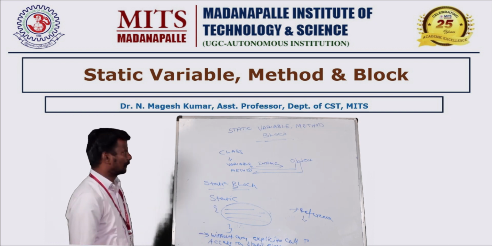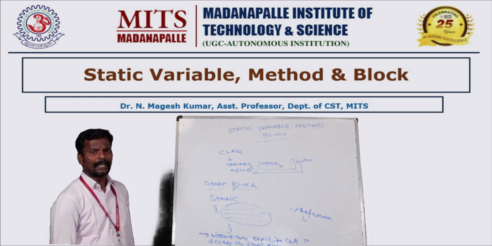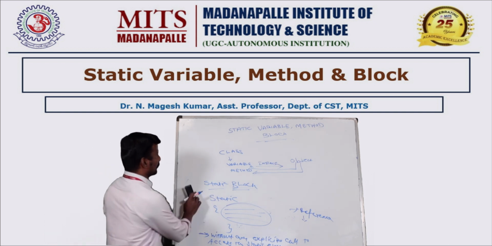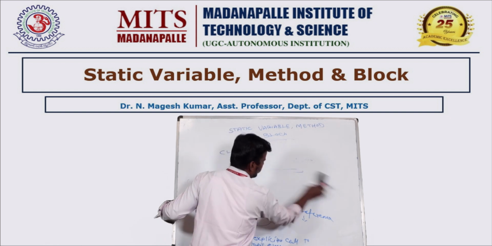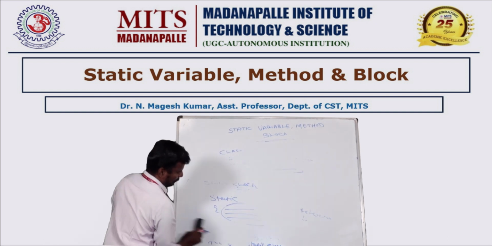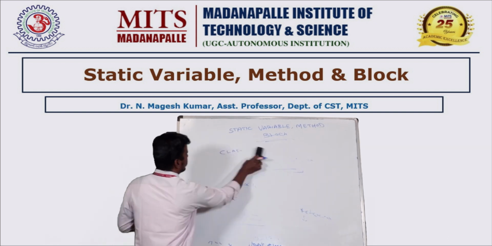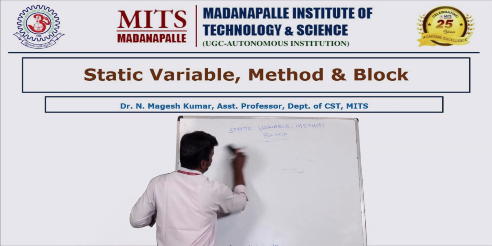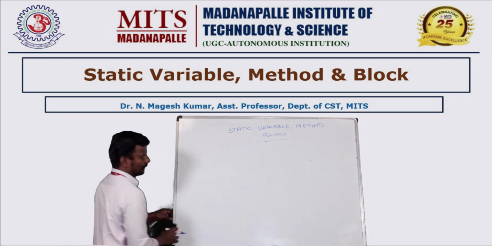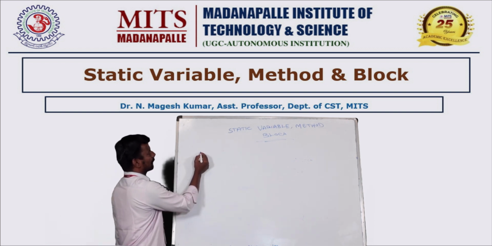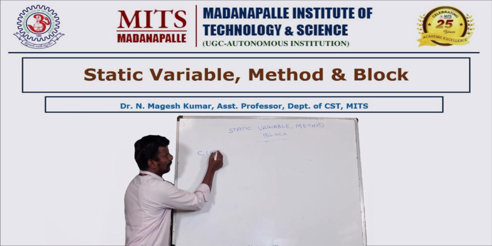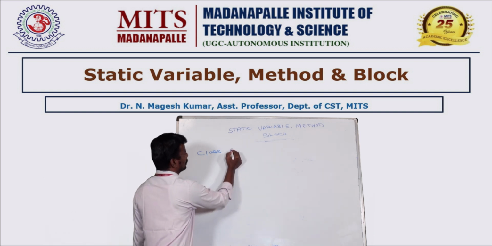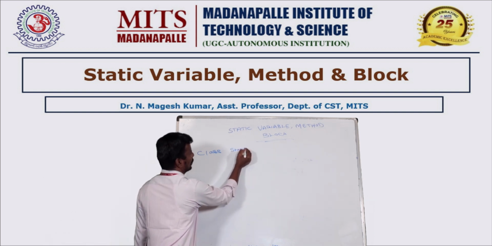Now once again we have to see one example. You have to understand all those things clearly. Now we'll see one example by using static block, static variable, and the static method. For this example, first I have to define the class. The name of the class is static